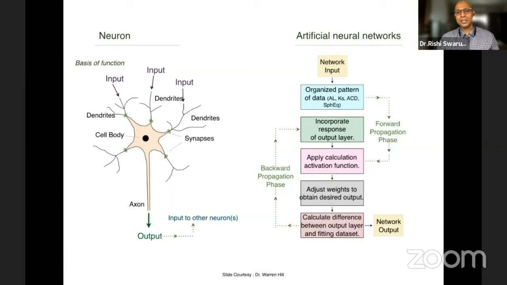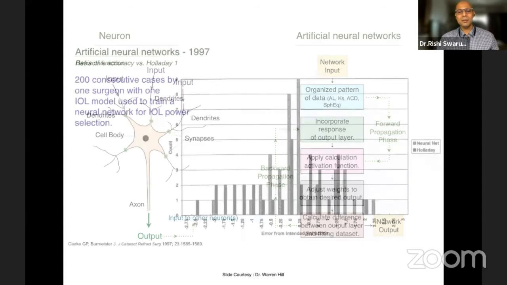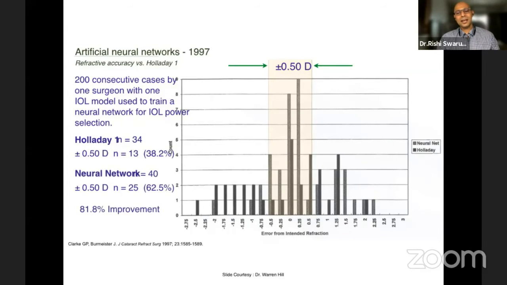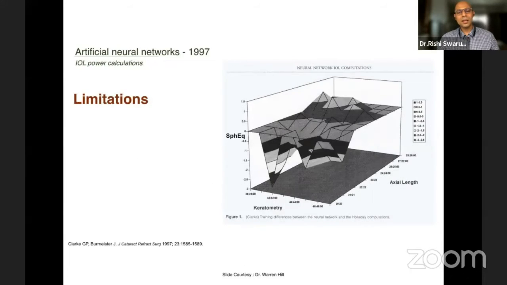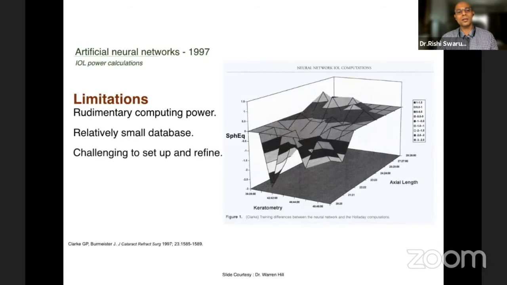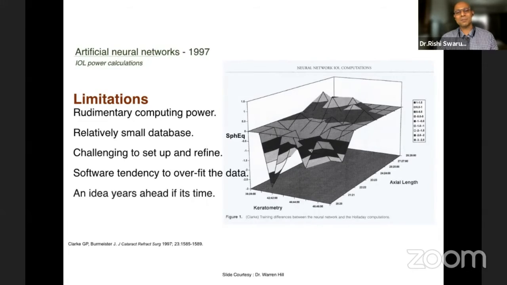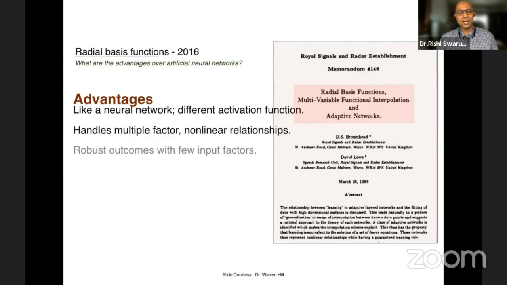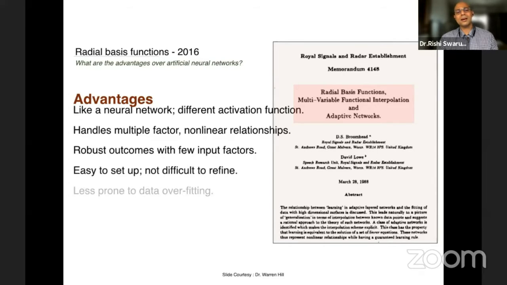We've known about AI for a very long time, but it's only recently that we have really been able to apply it because the computing power has become so much better. Essentially what we are using is something called neural networks and radial basis function. This has been there since 1997, but because of rudimentary computing power, we couldn't really harness its power. And now, after 2016, this has come into vogue in a big way, and it has multiple applications in